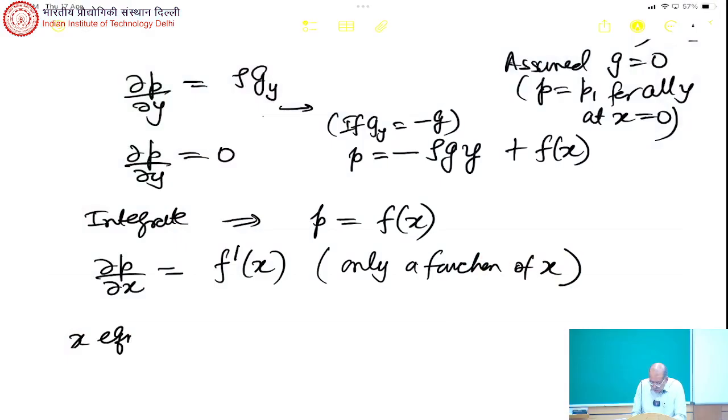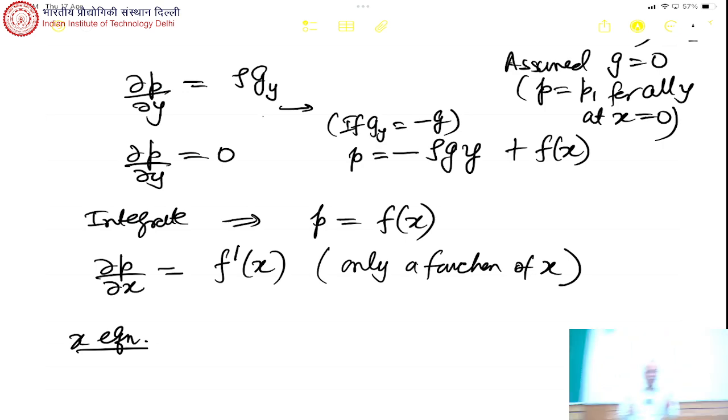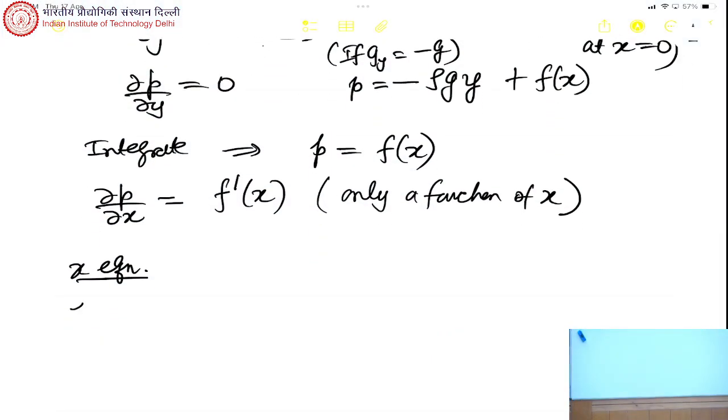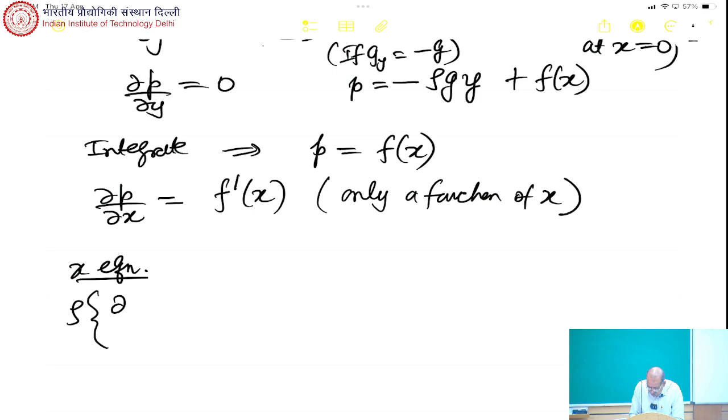So then we move to the x equation. So far what have we solved for? Vy we have solved. Pressure, only thing we get is a function of x. And for Vx we have not solved anything. So now let me write the x equation. So this is rho times partial Vx by partial t plus Vx